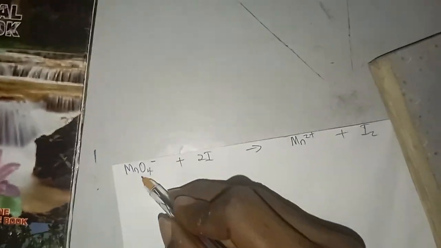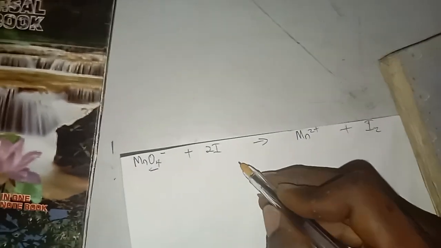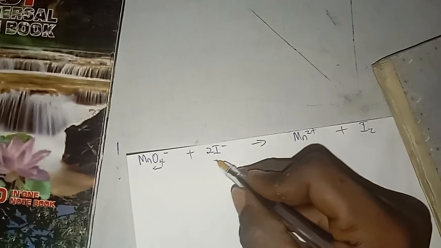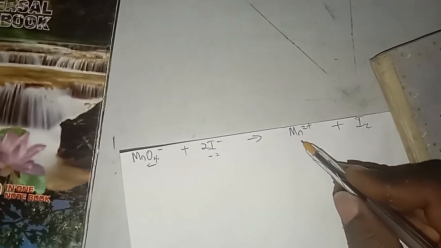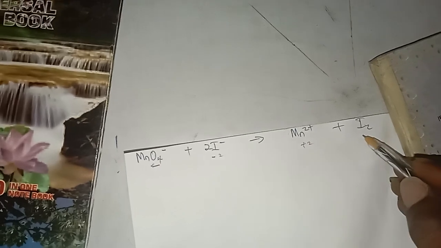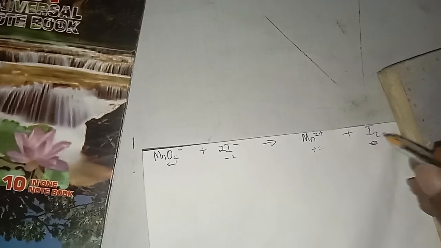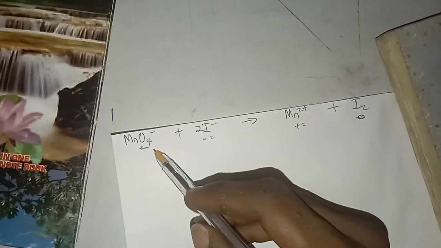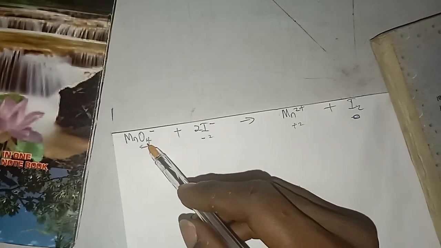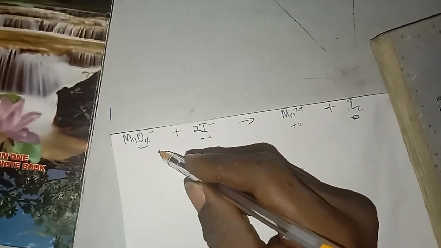So what I will do first is to assign oxidation numbers. This is minus, this is 2 minus, then this is minus 2. So here you have plus 2, then you have this to be minus 1. Sorry, here it is 0. Any element standing alone is 0. In this case, they both increased in oxidation number. But how I will know which one is the oxidation reaction is the one carrying oxygen. So I will now say oxidation,